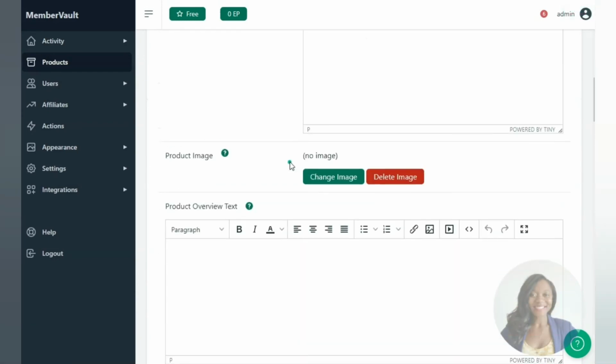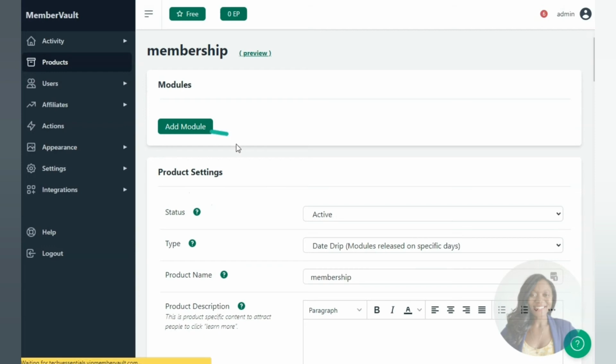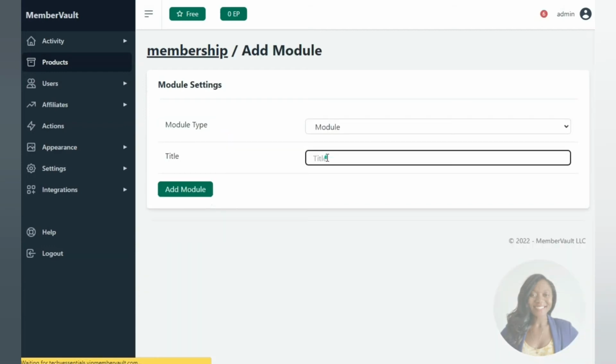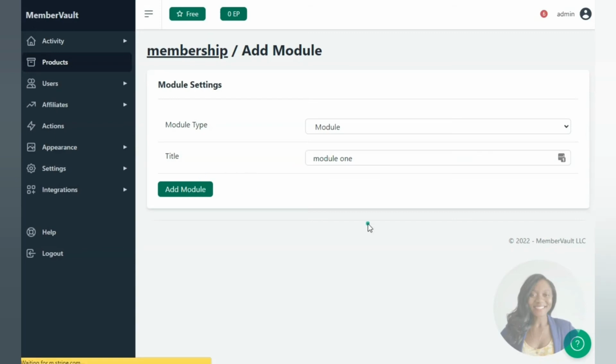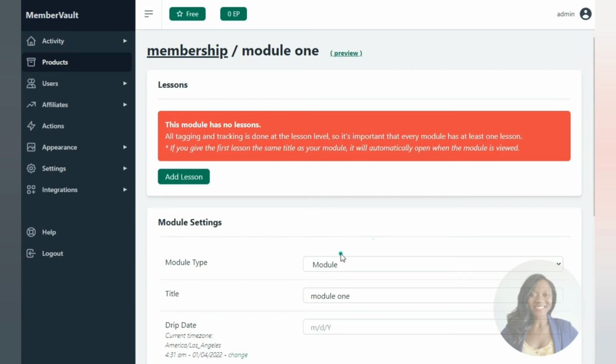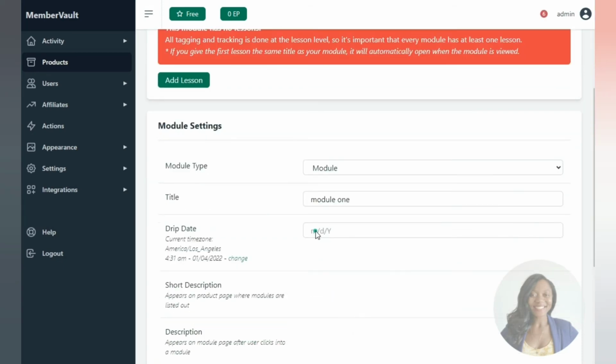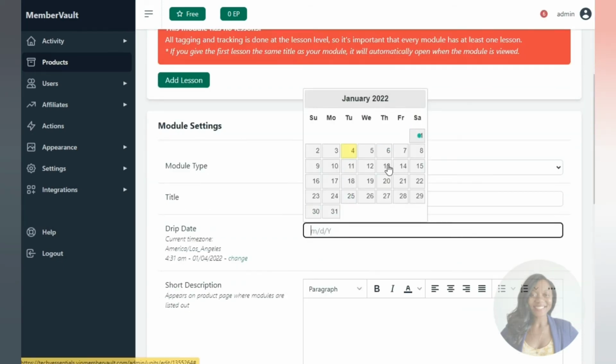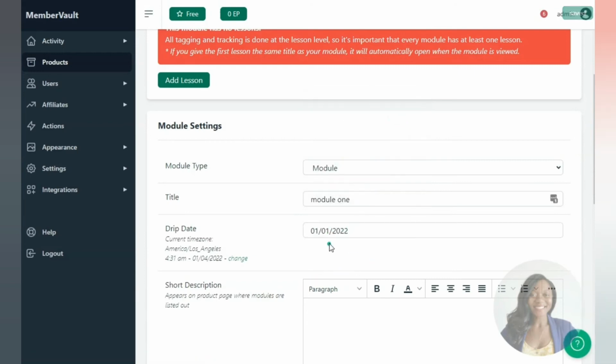And then I will quickly go back, add a module. This will also show you how the module drip works. So I'm going to call it module 1, very inventive. Add module. And that's loading up. So there's a drip date there. I'm going to go with the 1st of every month. So I'll go with, I'll just set it to January. Okay. And then I'll add a lesson